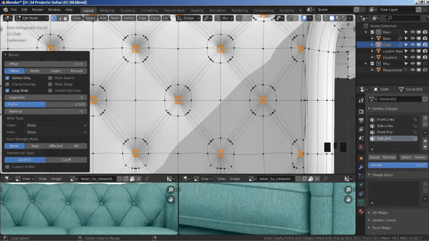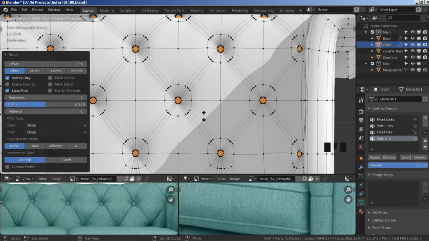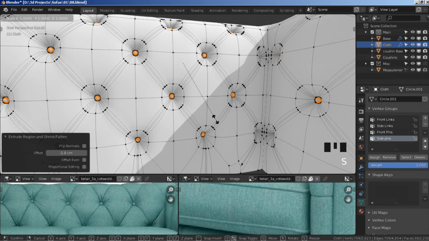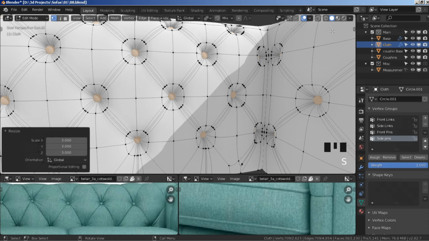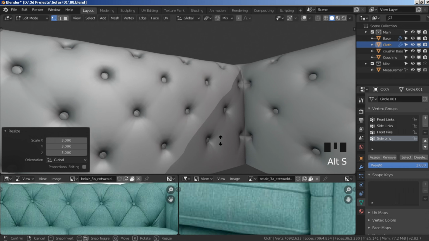What we need to do now is Alt E and then extrude faces along normals. Extrude it outwards just a bit, just like that, and then press S3, enter. Now let's go to matcap mode to see our buttons, maybe Alt S and extrude them outwards just a bit